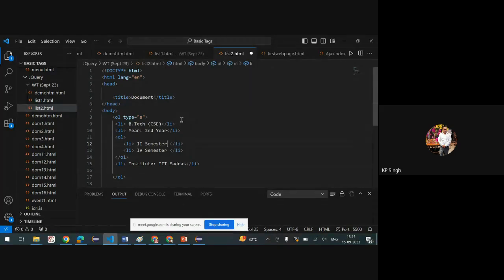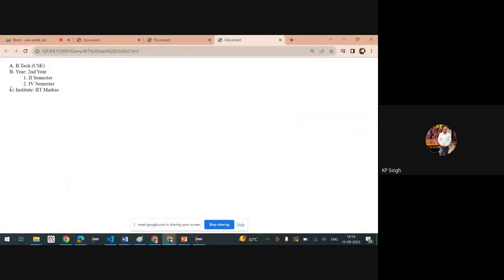All right. So here by default, the sublist will take numeric because we have not given any type attribute over here at line number 11, that is creating the sublisting. But here we have given the outer list as type equal to a. That's why it is making alphabets. Let me change from small a to capital A here. Save it and see. Have you noticed the difference? Here the list items are numbered with alphabets, capital